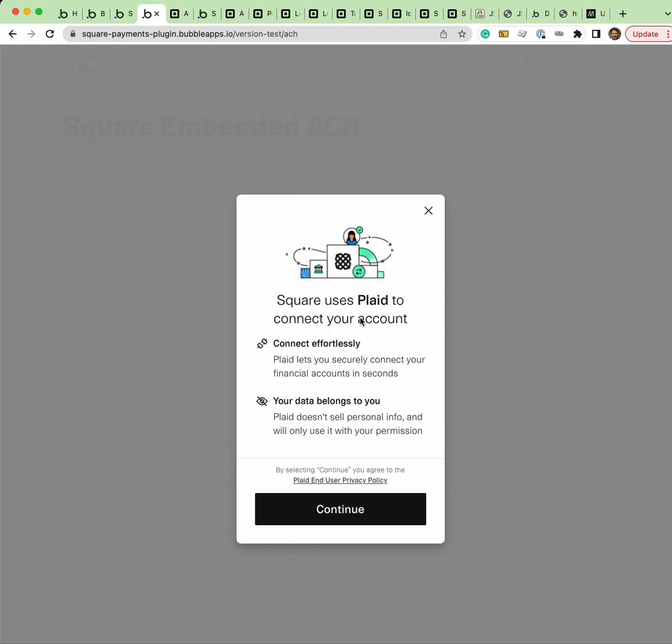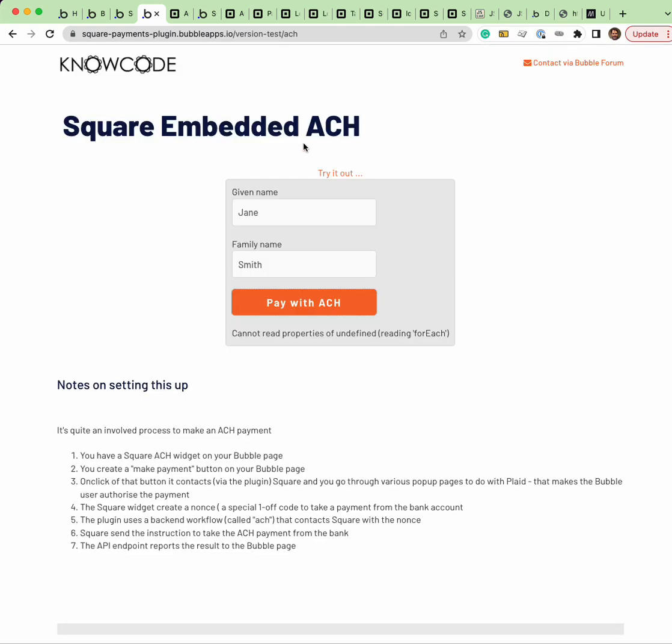I think what we need to do is, can you provide me with a US sandbox account, and then I can test it. My other suggestion would be, if you can make me an authorized collaborator on your app, I can go in and install it onto your application, and we can get it tested and running inside your application, not just on my plugin page. But yeah, it's quite tricky, this stuff. Okay,